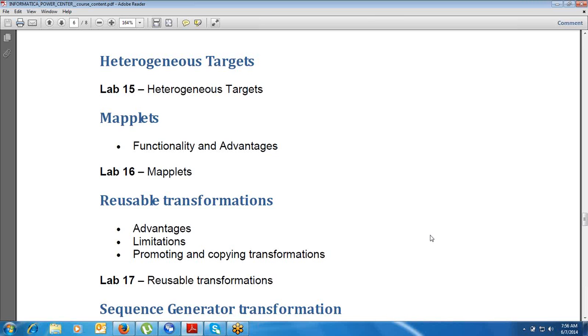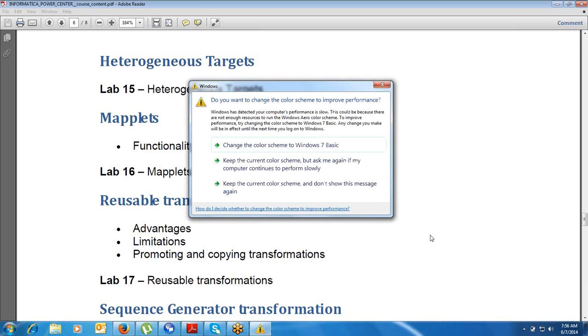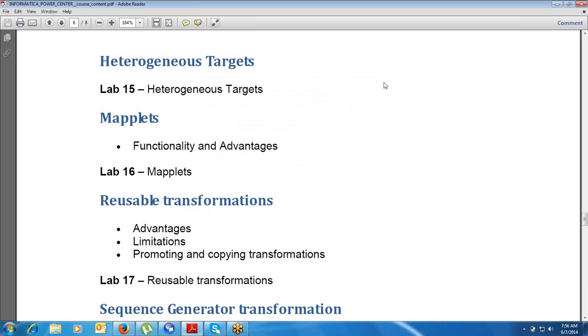Suppose the operation is that I need to concatenate the first name and the last name. Every time, I can have a reusable transformation which gives the concatenation of the first name and the last name. So even if any kind of source is available to me, I can use this reusable component and it will give me the output as the first name concatenated with the last name. Okay.